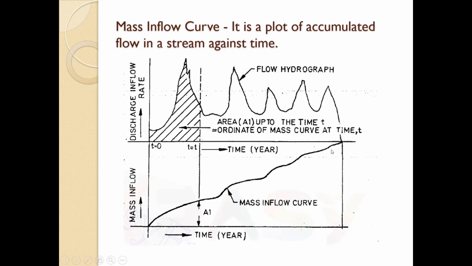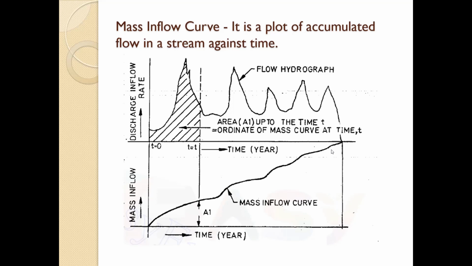The area under the first curve up to time t is equal to the ordinate of the second curve at the same time t. Adjustment for the scales and units of the two curves must be made while plotting. It is evident that the mass curve will continuously rise as it is the plot of the accumulated inflow. A period of no inflow will be represented by a horizontal line on the mass inflow curve. To differentiate such a mass curve of runoff from the mass curve of rainfall, it is usually called the flow mass curve, the integral of the flow hydrograph.